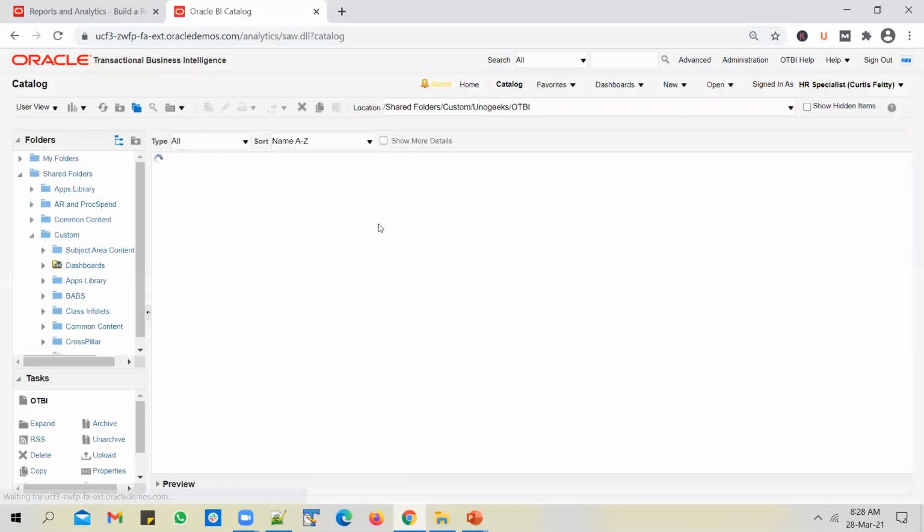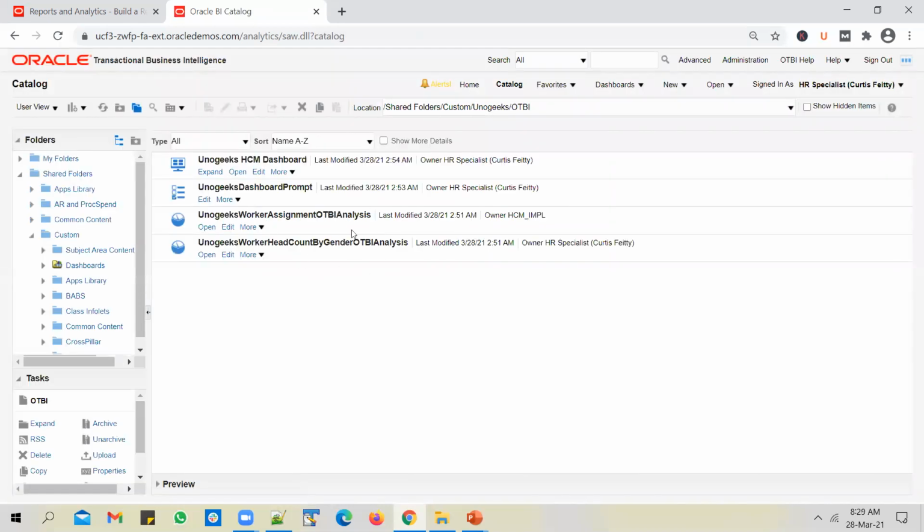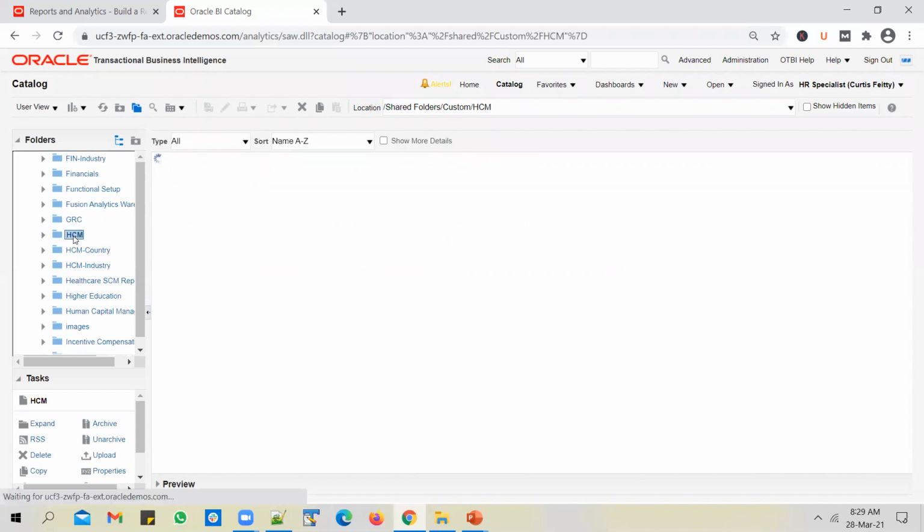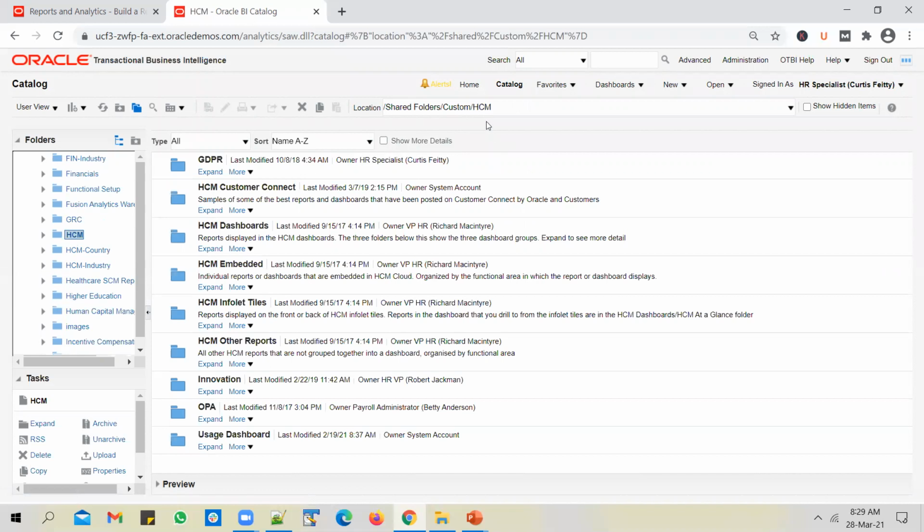And we'll do one more thing here. So this is how you create a custom dashboard with a new page and plug in your own reports. But sometimes you might be asked to plug in content from seeded dashboards. Before I show you that, let me just take you to one of the seeded line manager dashboards, or one of the seeded dashboards given by Oracle. So if I go to HCM folder under custom,